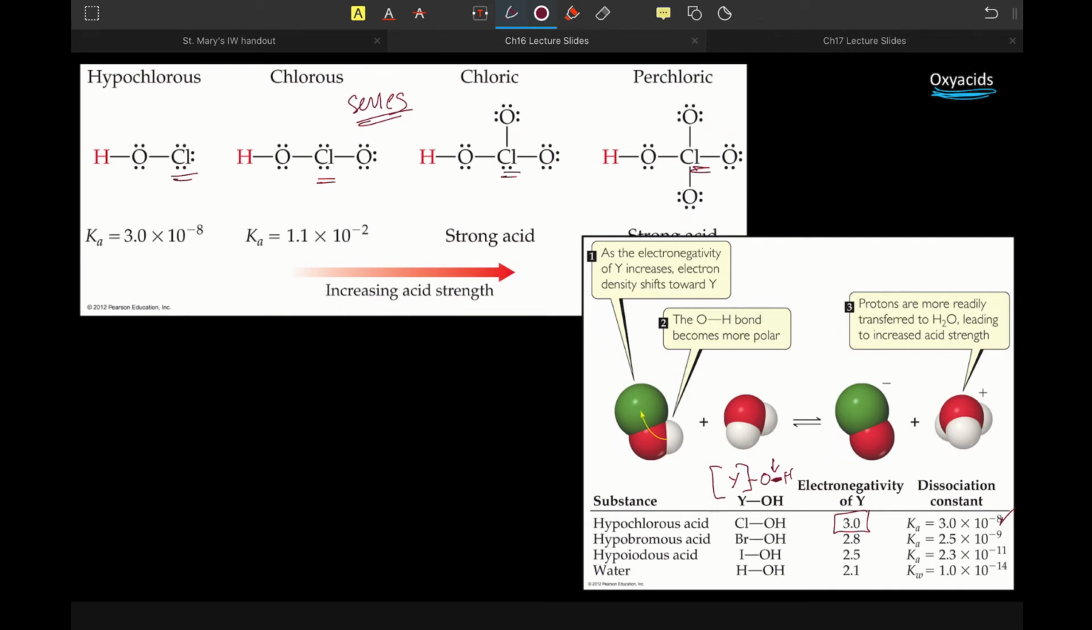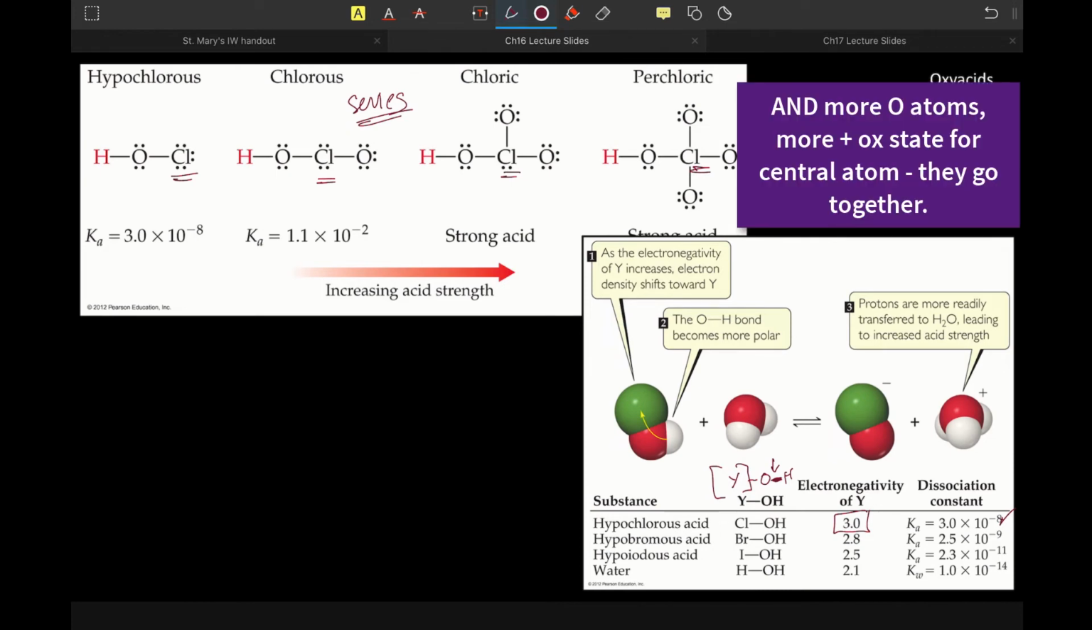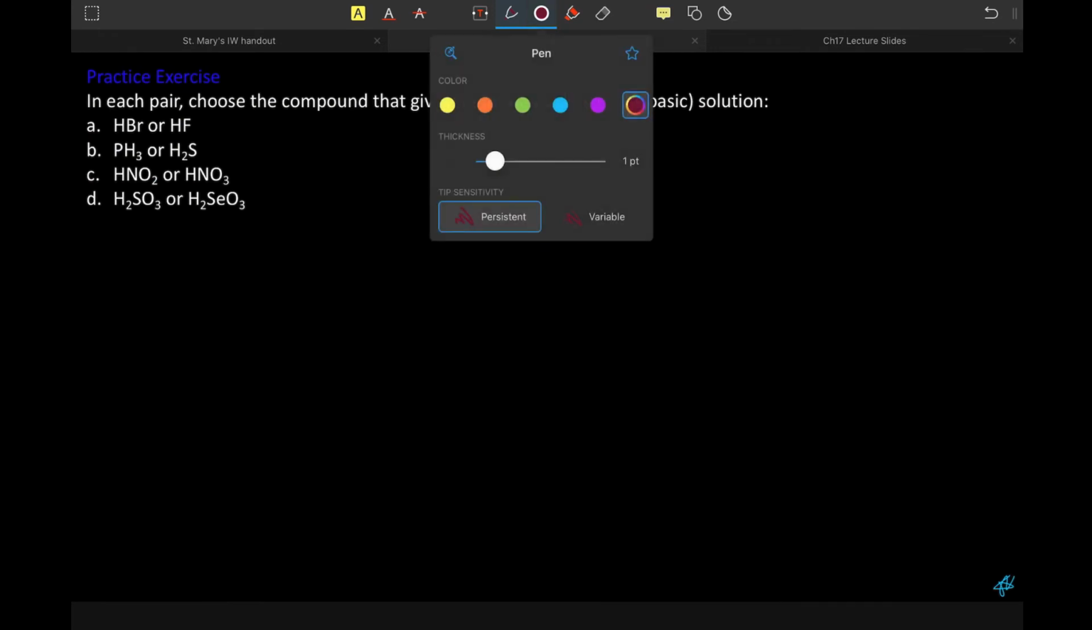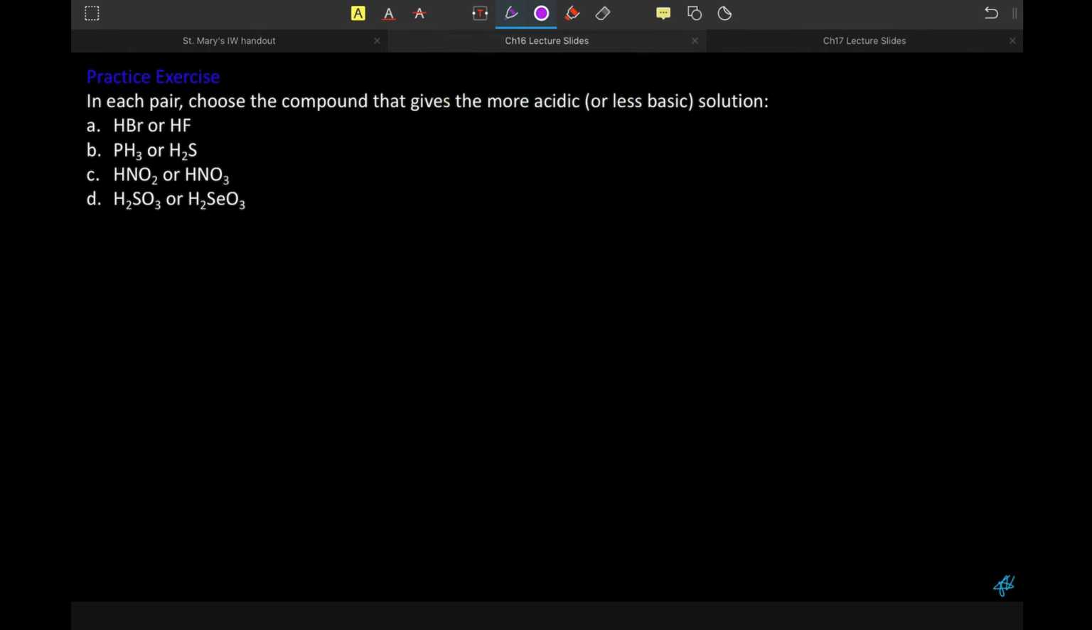That oxygen also allows for the option of resonance structures, which means that we end up with a more stable conjugate base after it has been deprotonated. So for all those reasons, if we're comparing a series of oxyacids with the same central atom, then the more oxygens there are, the stronger the acid, okay? So if we were tasked with determining which is the most acidic given a series, we would look at those